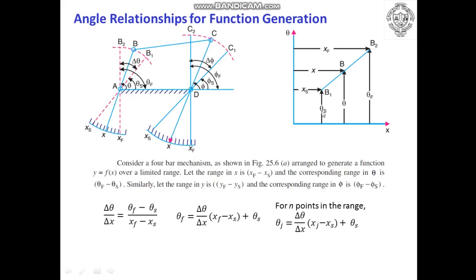The only thing is, you have to replace theta with phi and x with y. So a similar kind of graph you will get. Here we are considering the relationship between x and theta as a linear relationship. You must ask the question: why is the relationship between x and theta considered as a straight line?